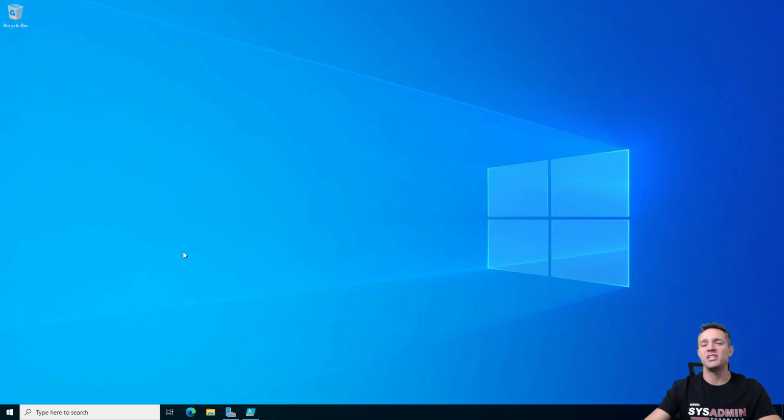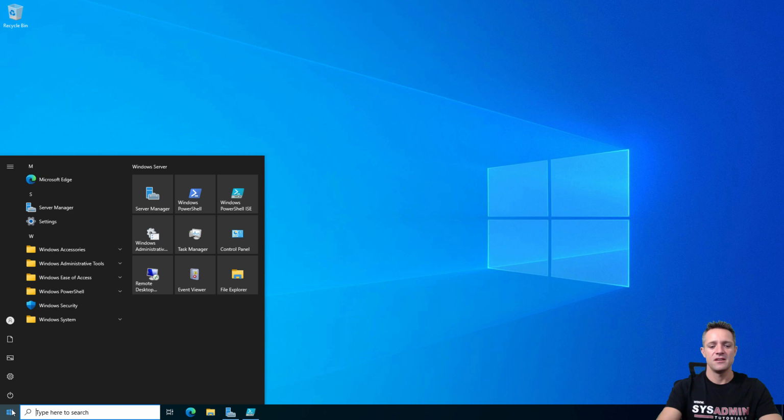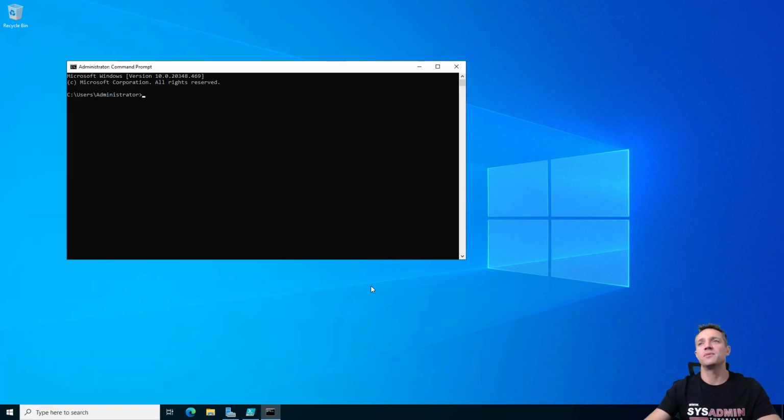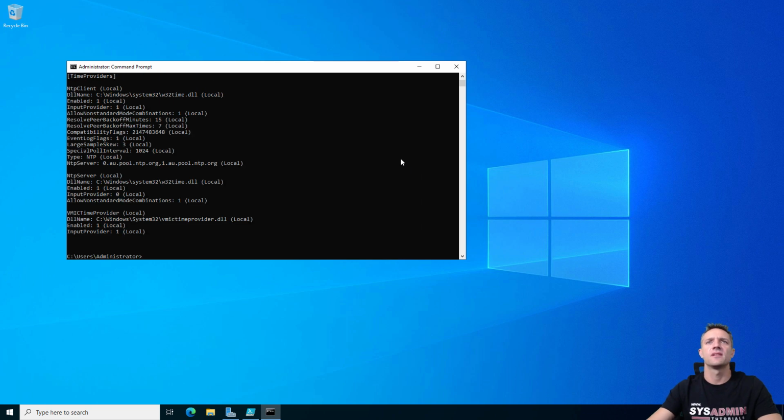Now the last bit, we'll just check on the NTP server. So we're going to go into command prompt for this. And in here, to check the NTP source servers have been configured correctly, we're going to type in w32tm /query /configuration. And you can see right here in the middle, NTP servers is 0.au.pool.ntp.org and